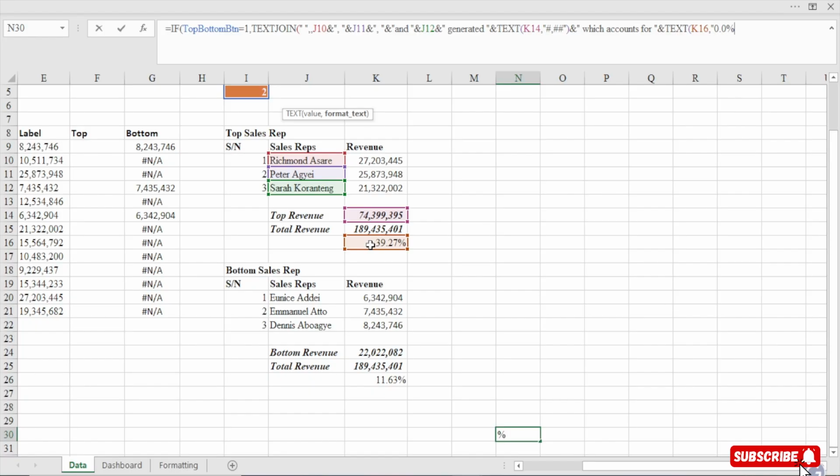So 0.0 means the percentage, right? So we have one decimal place here, or it should be two. Okay, don't worry, let's put it at one decimal place. Close the double quote, close it with a bracket. Now we are still in what?